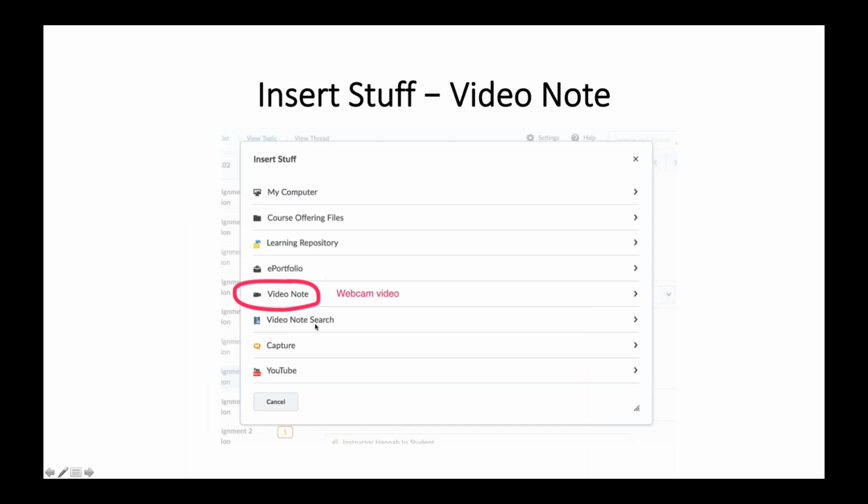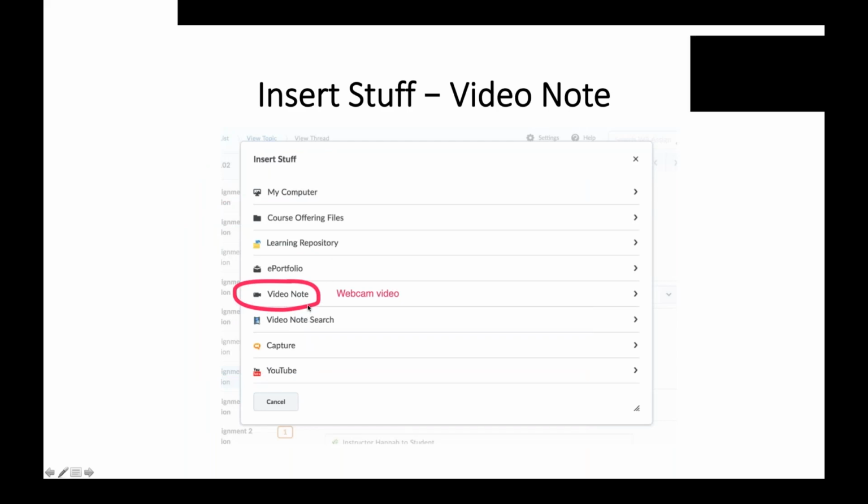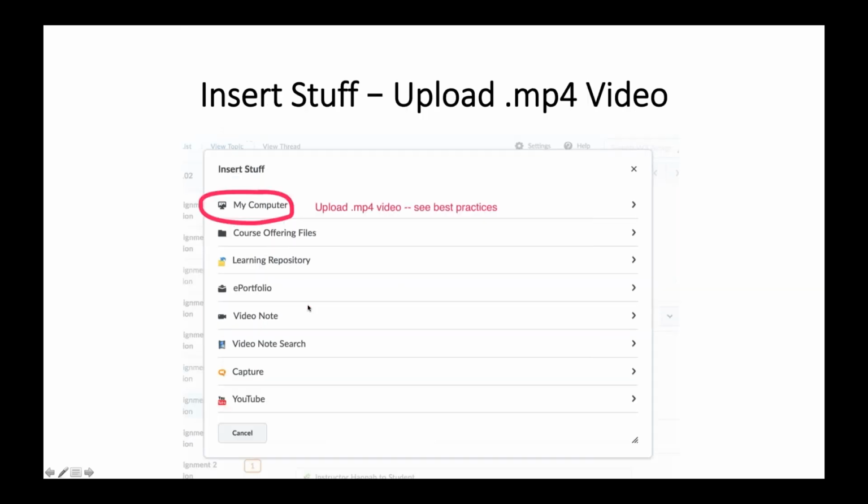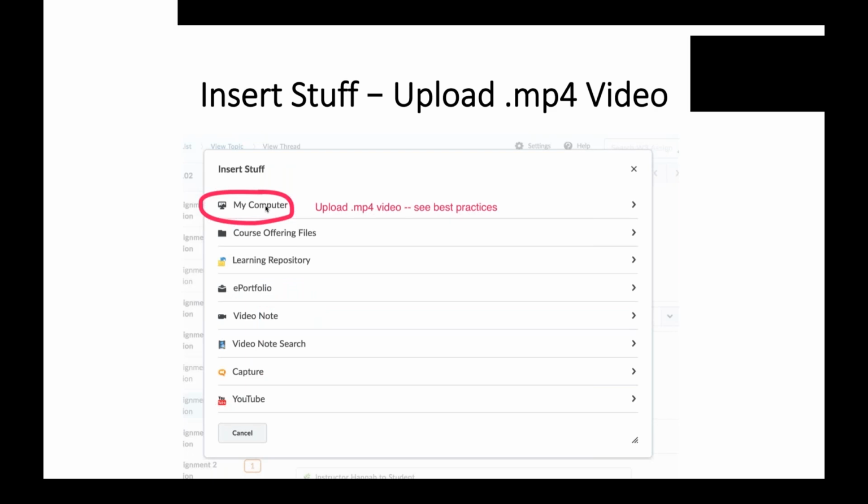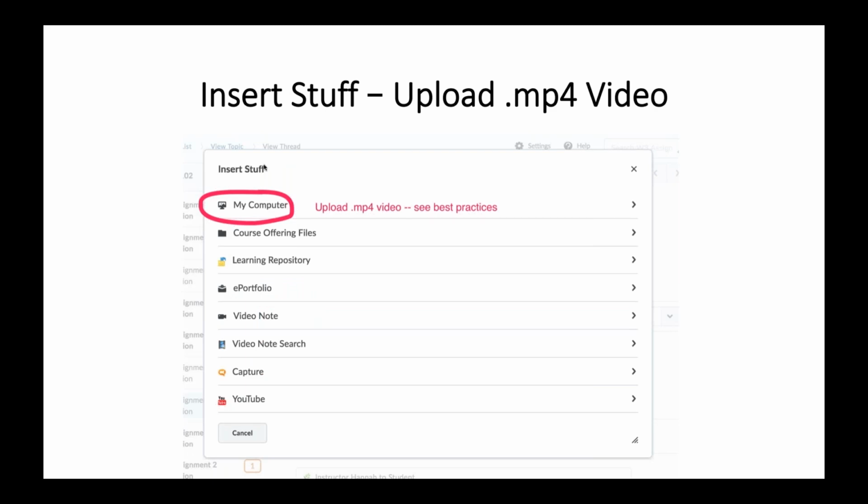So here you can insert the webcam video and it'll record you right then and there using Video Note. If you use Screencast-O-Matic or another third-party software, just save your file as an MP4 video and you can upload it using My Computer really easily.